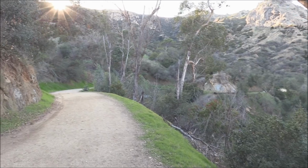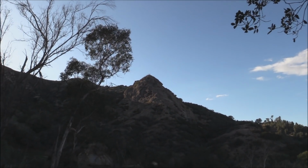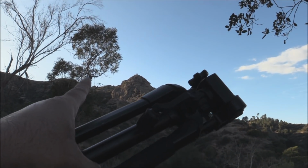Powerful. Look at that, looks like Planet of the Apes right there. Look at that. It also looks like a rock near,